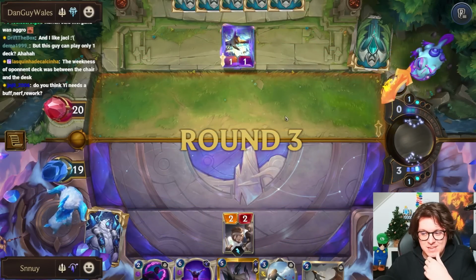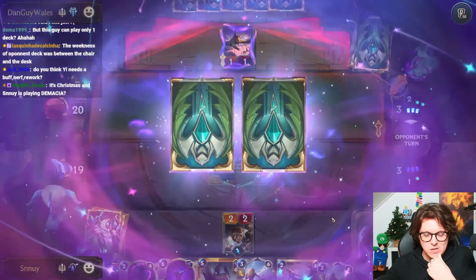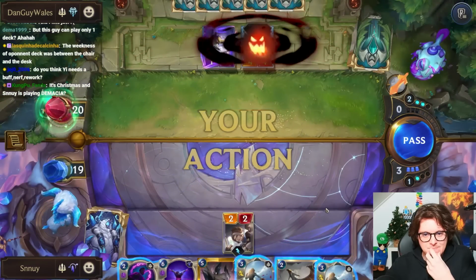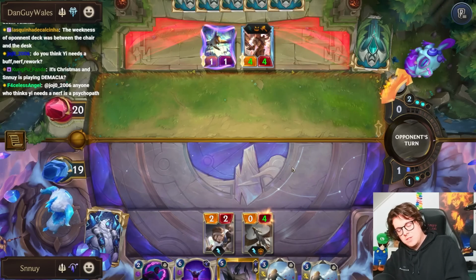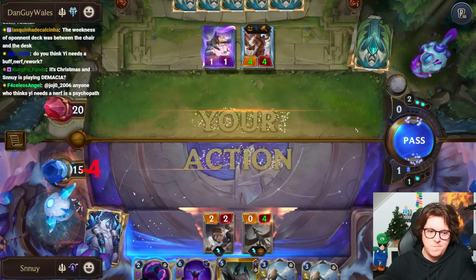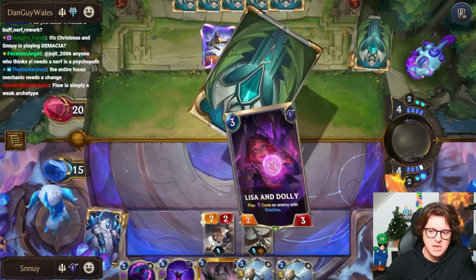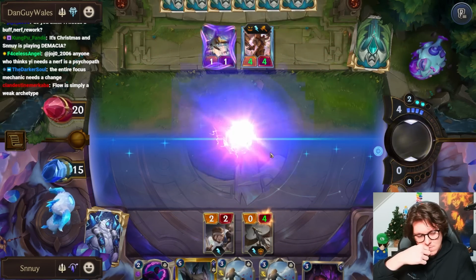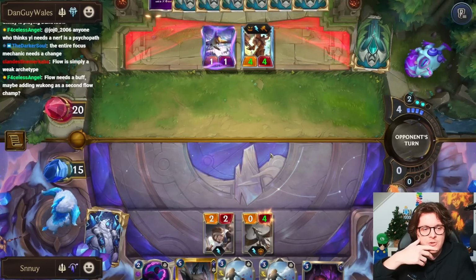Do you think Yi needs a buff, nerf, rework? It's kind of hard to say, man. I've come a long way from a flying stone bird. What people forget about Yi very often is the fact that Yi has this spell discount by 1 at the end of every turn. So if you buff Yi, you see Yi more, and then you suddenly get, oh, I'm playing